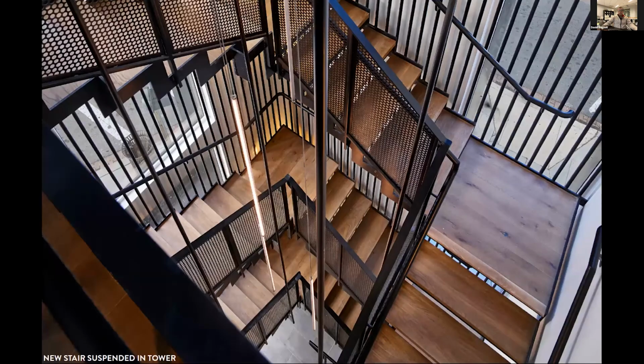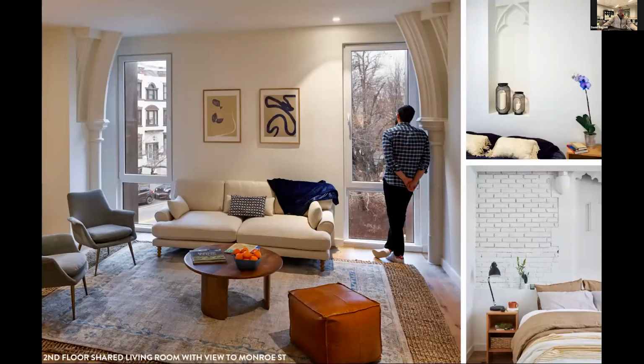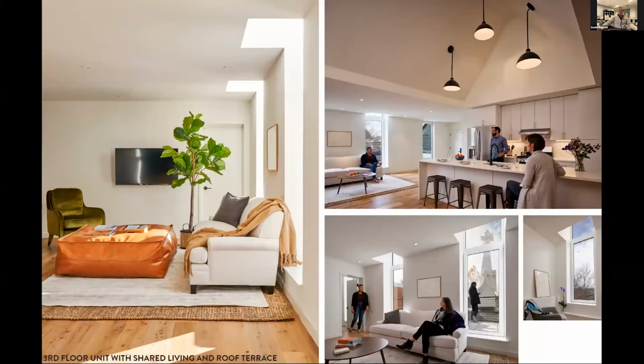As you get up to the top level and look back down, you really get a sense of that balance of old and new with the wood and metal stair and the large slotted openings, which can connect back visually to the sidewalks below. In regards to the units themselves, we tried hard to expose some of those interior details of the church where they fell, whether that was in the living room or bedrooms, as you can see here, or here in the roof shape of the upper two units, which shows the slope of the original roof